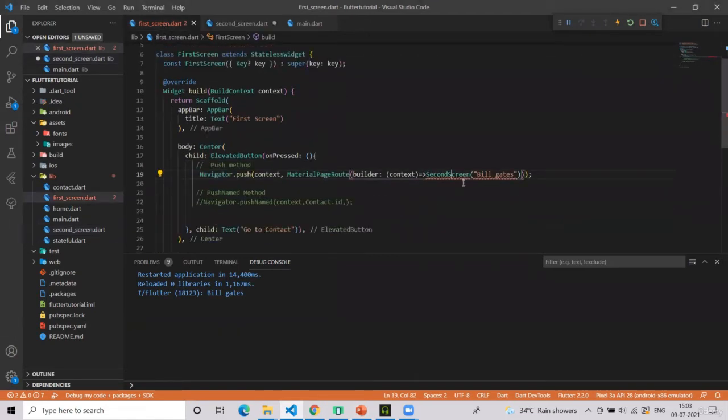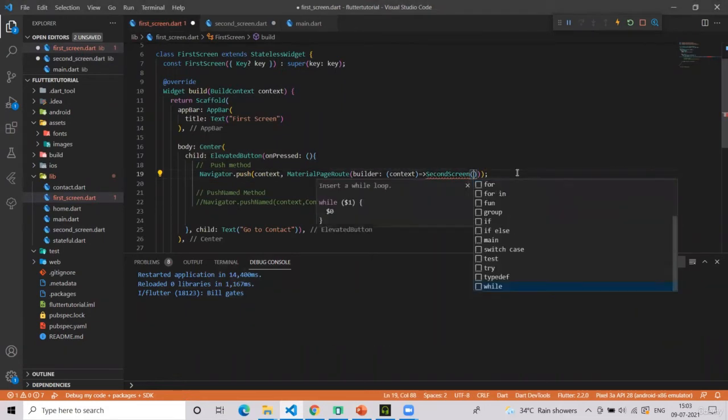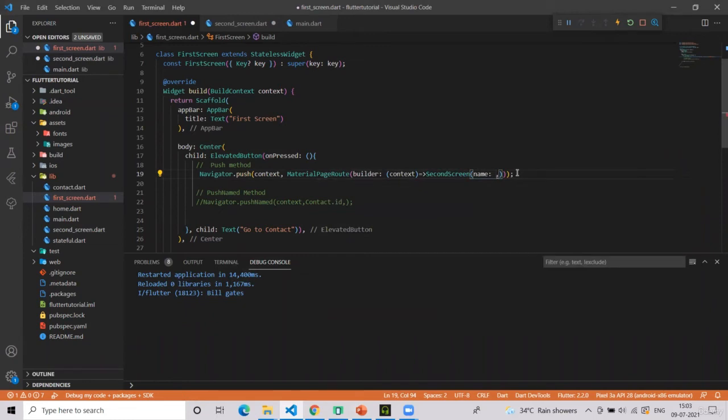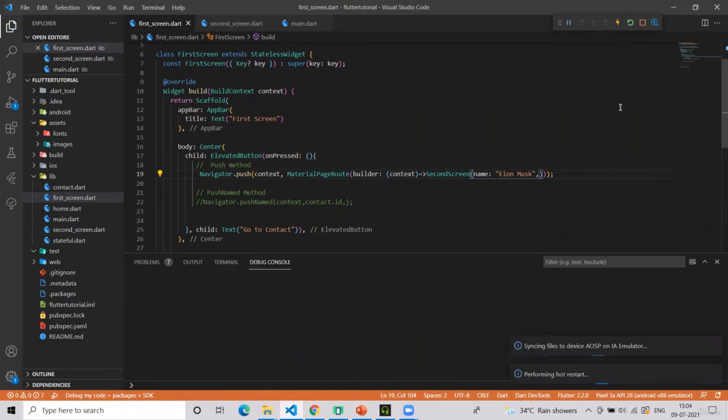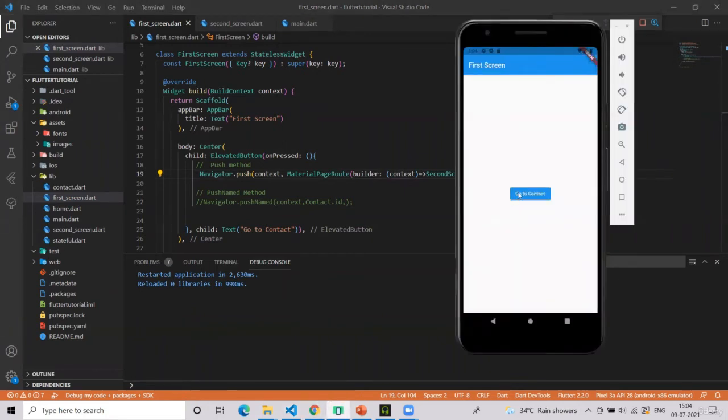Now in the first screen, you have to write the name, which is the name as we mentioned it there, and right now I will name it Elon Musk. Now again, check if it's working with a named constructor as well. When I go to the second screen and click on print, see, Elon Musk.